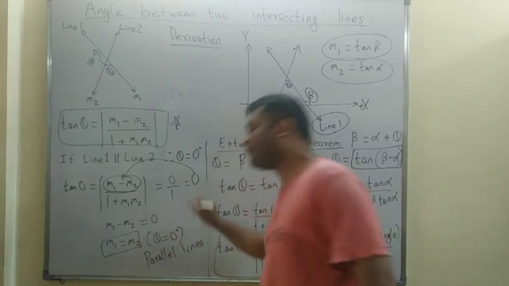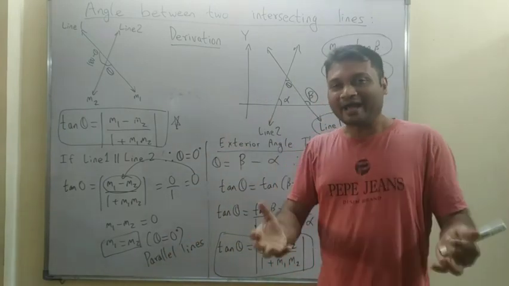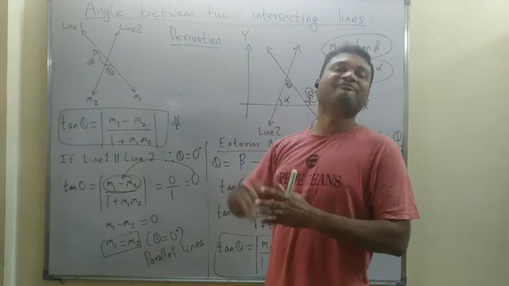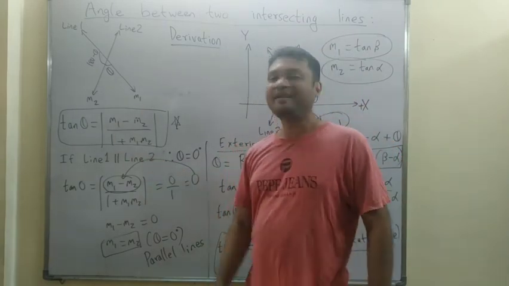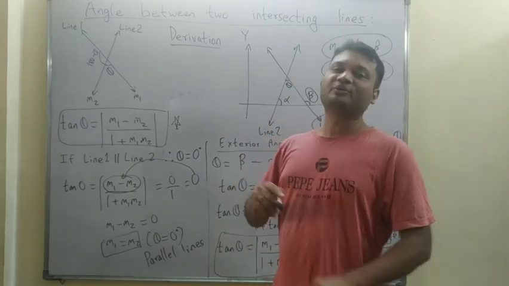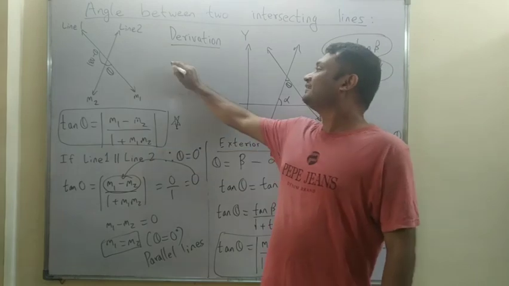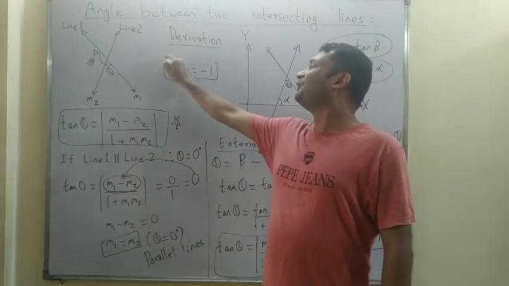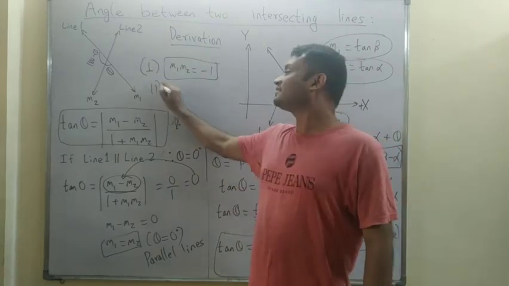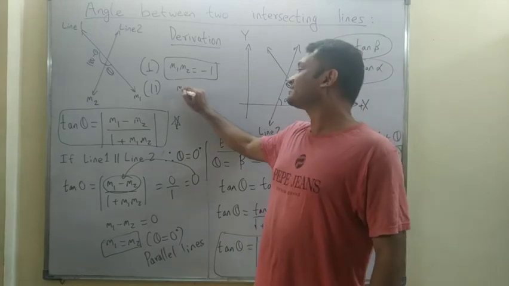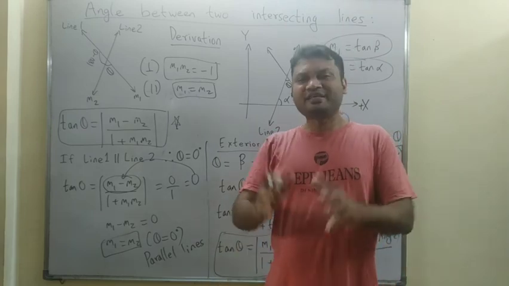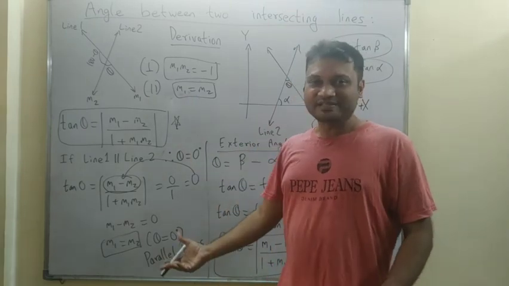So from this we have to remember three results. One, the acute angle between two lines is given as mod of m1 minus m2 upon 1 plus m1 m2, where m1 is the slope of line 1 and m2 is the slope of line 2. Second, if the two lines are perpendicular to each other, that means the angle is 90 degrees, then the product of slopes m1 m2 is minus 1. And if the two lines are parallel to each other, then the slopes of the two lines are equal, m1 is equal to m2. So these three results we have to remember from this concept, and we will move